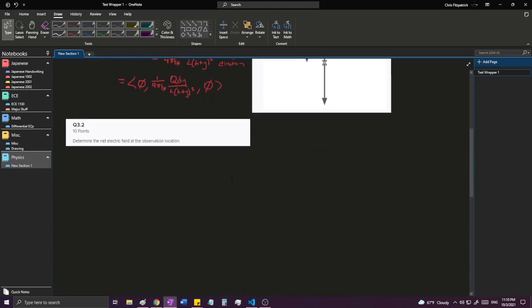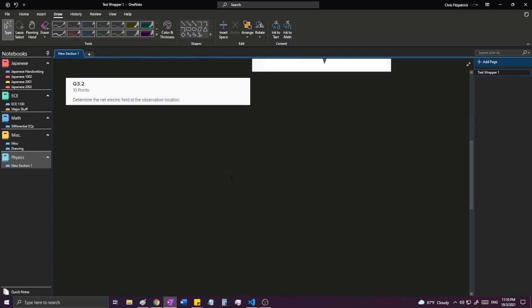Next, part 3.2. Determine the net electric field at the observation location. And the way to do that, E is equal to the integral of dE, and is the integral of a rod, and the integral of the rod formula is from 0 to L of k q dy over L h plus y squared. In the y direction, I'll add that in later, which is equal to,